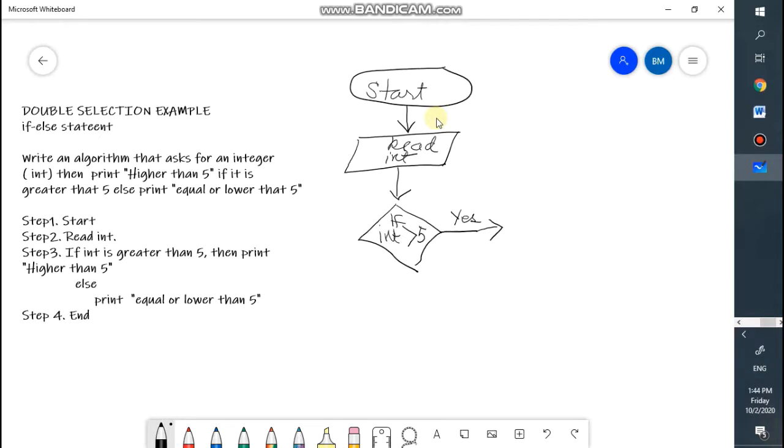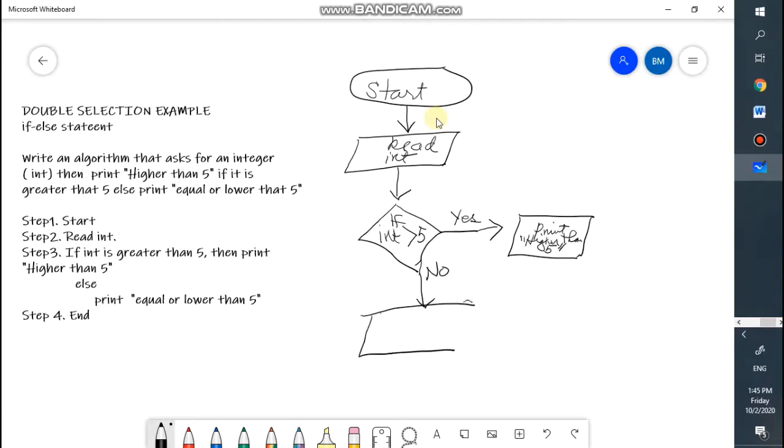If it's yes, you're going to print, of course, the phrase "higher than 5", enclosed in double quotation. And then if it's no, or the condition is false,